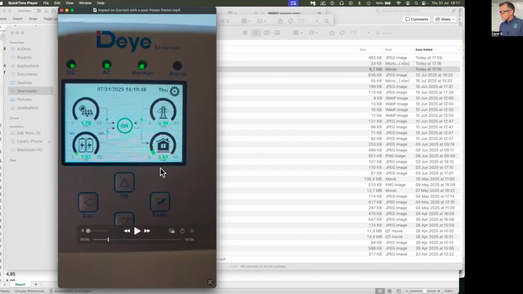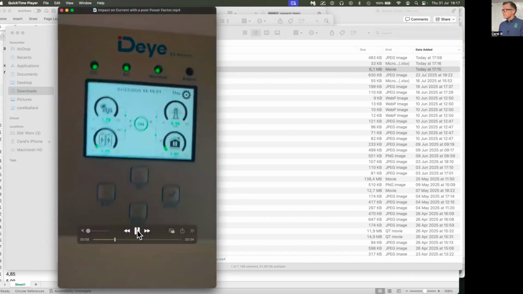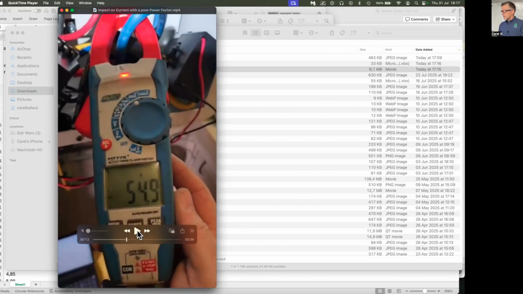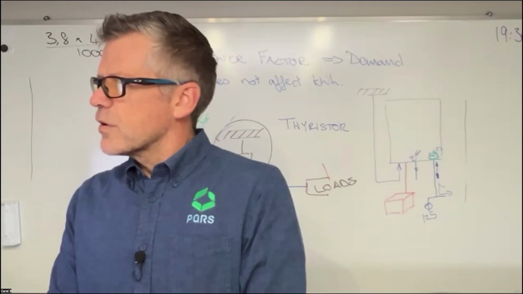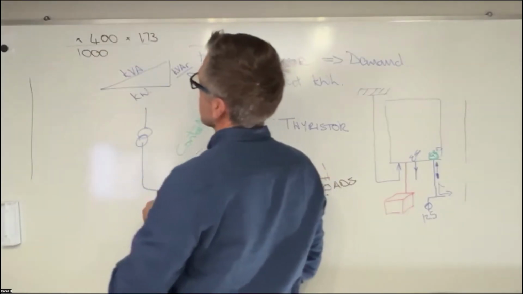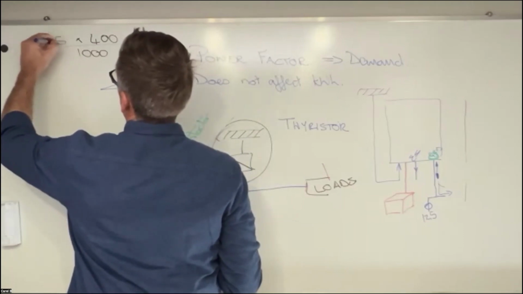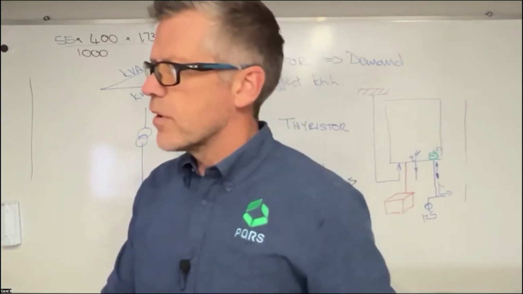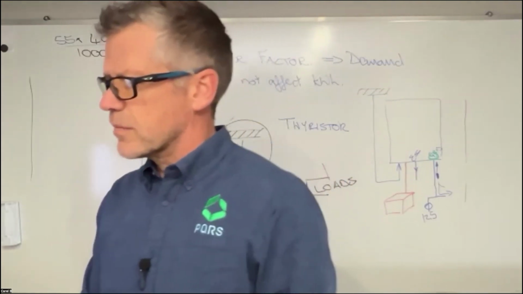So it's drawing 3.8 kilowatts, but if we measure the amount of amps that runs through the inverter, what we see is 55 amps. If we take 55 amps and we multiply that,